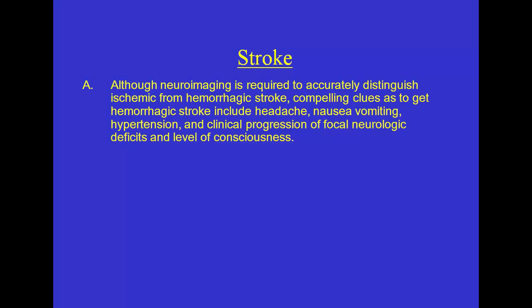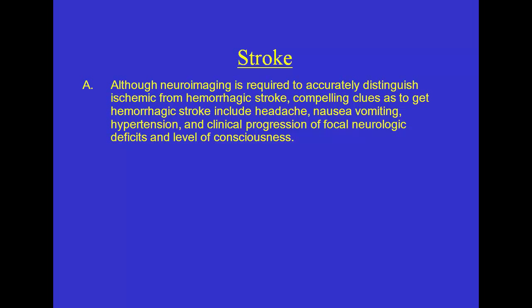Nausea, vomiting, which reflects increased intracranial pressure, is also a clue that it could be hemorrhagic. High blood pressure, particularly hard to control high blood pressure, and clinical progression of a focal neurologic deficit or a worsening in their level of consciousness can be all clues of a possible hemorrhage